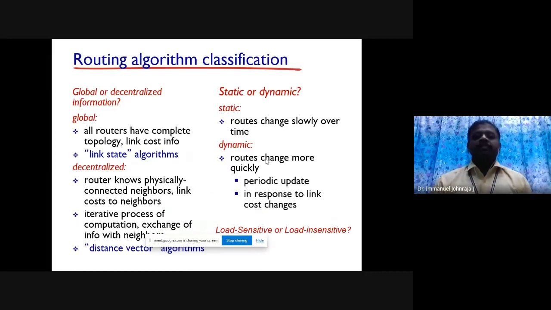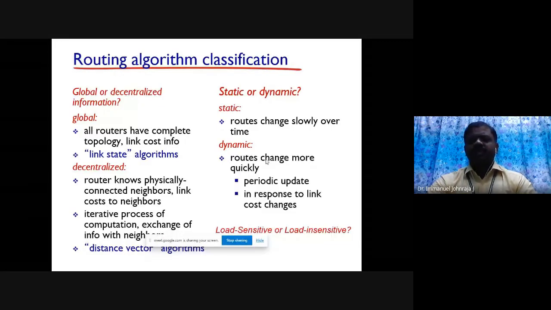But in general, the routing algorithm is broadly classified into two. One is static algorithm, the other is dynamic algorithm. In the case of the static algorithm, we call it a static routing protocol, where we give the configuration. Hope you remember: ip route, target network address, and then subnet mask with the exit interface or next hop IP. That's how we configure static routing. In the case of dynamic, we configure a specific algorithm in the router, for instance RIP or OSPF or EIGRP and so on, and then they take care of the routing information being exchanged among the routers.